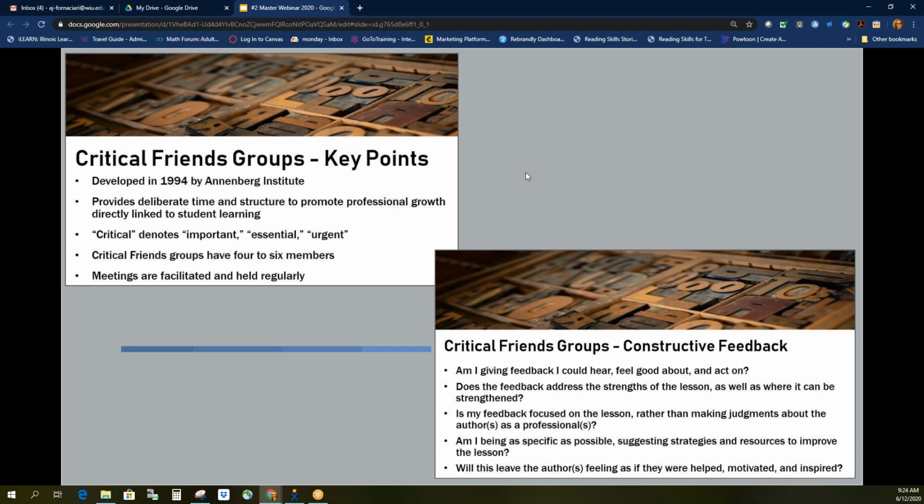So this activity is designed to help you begin to operate as that instructional leader in your program. If you could have a critical friends group at your program, what would it look like? And maybe at some point down the line, you could use that to propose to your administrator professional development for your program, and you having that master teacher credential could lead that. So that's kind of the idea. We're hoping to set you up, right, for the best outcome as an instructional leader in your program.